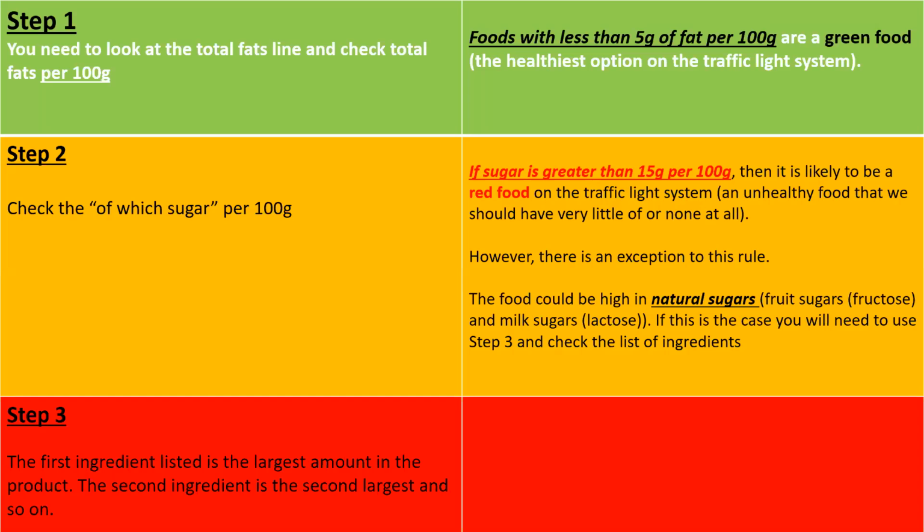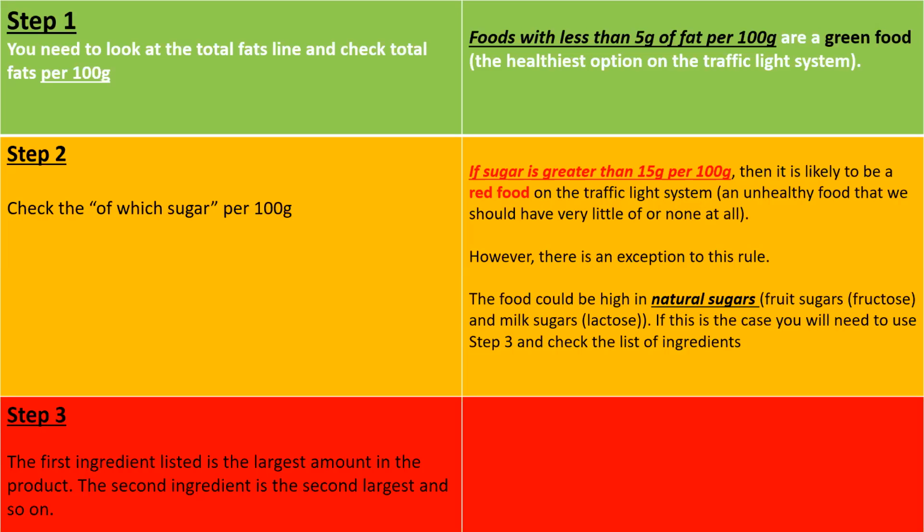Okay, so label reading. Nutritional information panel is the information on the back of a packet and is usually shown as a table or a grid and includes information on energy, calories, protein, carbohydrates, and fats. It also provides additional information on saturated fat, sugar, sodium, salt, and fiber. All nutritional information that's provided on the back of the packets comes per 100 grams and sometimes per portion of the food as well. It's very important to check per 100-gram column when comparing food products.